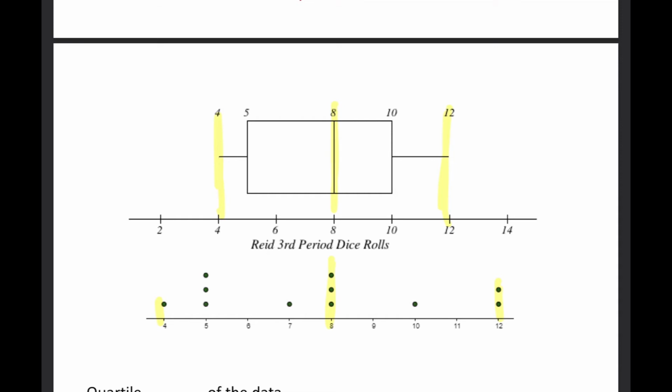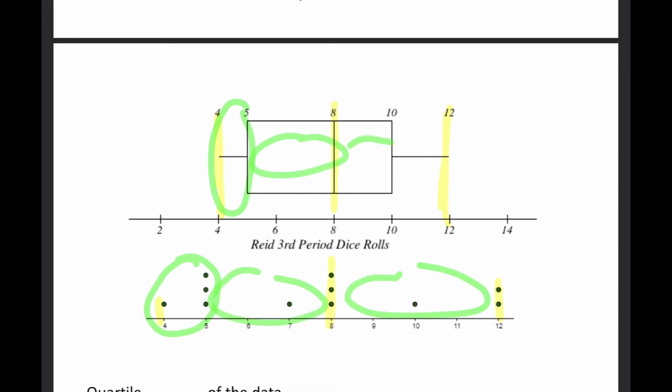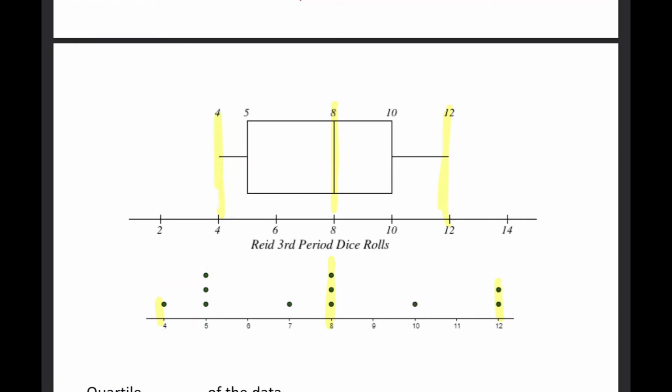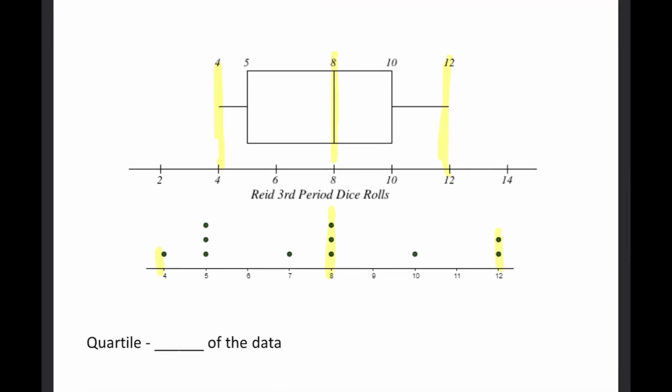What else do I notice about it? Well, there's a lot of data between 4 and 5, and it looks like kind of a big gap here. A big gap here, right? So they look similar. I can see some similarities, and I can probably infer some things from it. But let's talk about how we can get a little bit more meaning